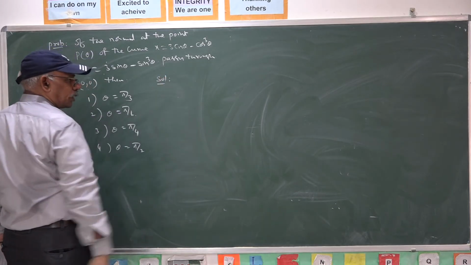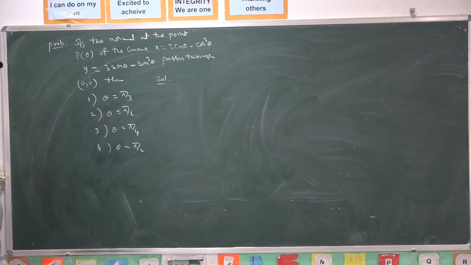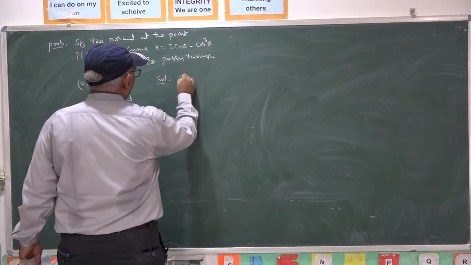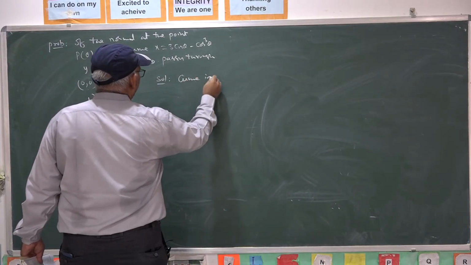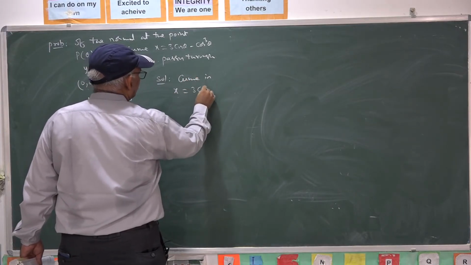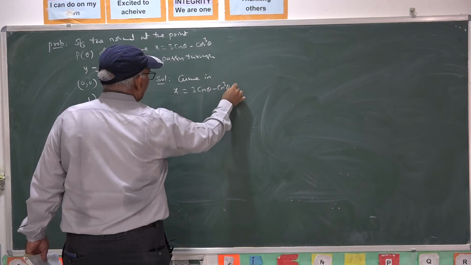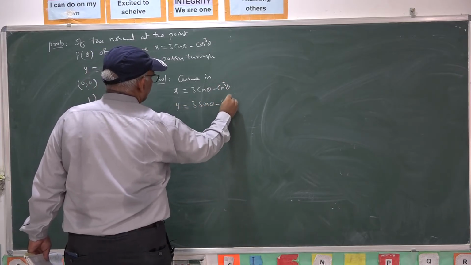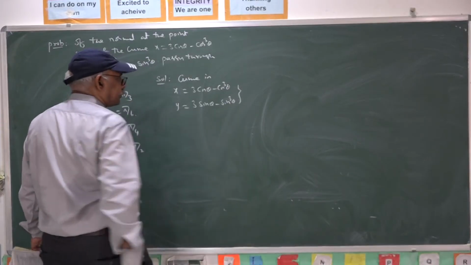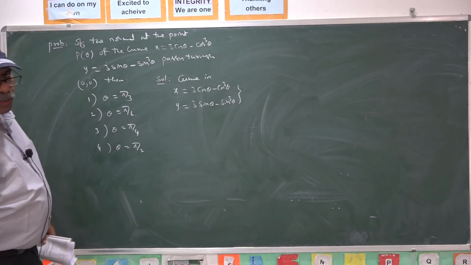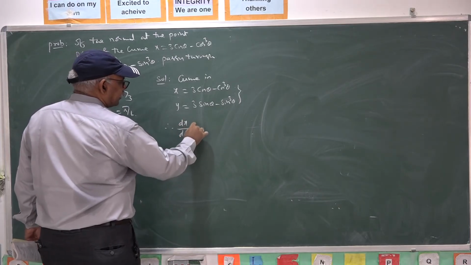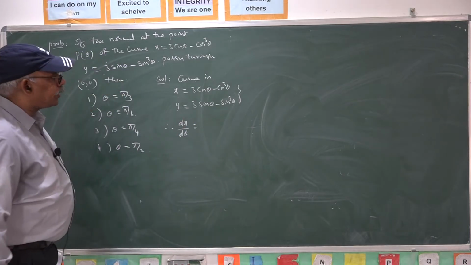Here the normal is passing through origin at theta. The normal is drawn at theta to the curve. So the curve is given in its parametric form. So by parametric differentiation, you have to find dy by dx. Therefore, find dx by d theta. Dx by d theta is